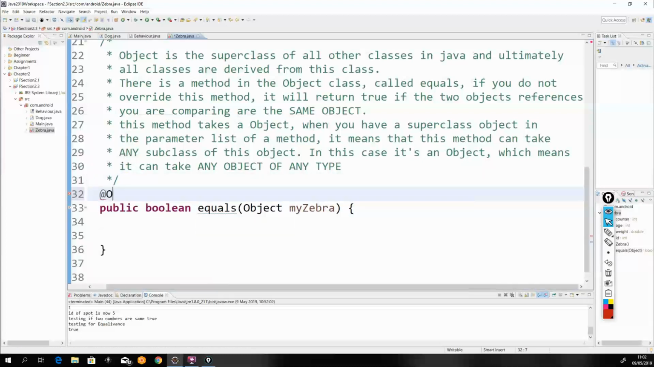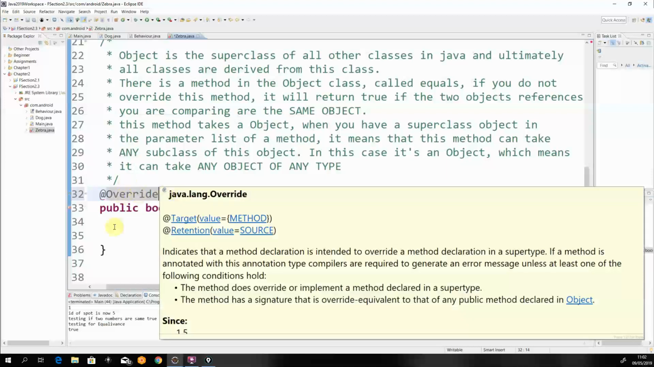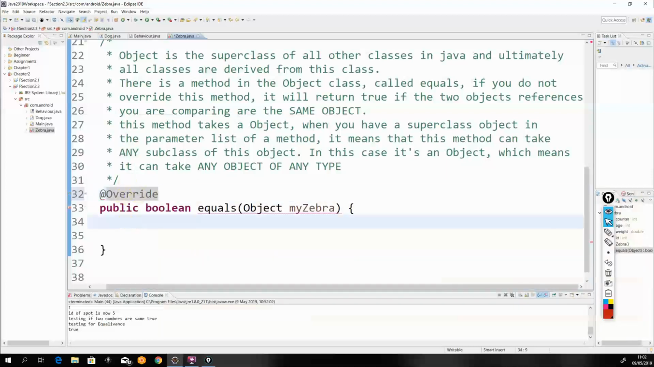Now to prove that it's overriding, I put in that annotation. That just checks to see whether it's overriding. If it wasn't overriding, you'd get an error above it. Alright? Now, so what we're going to do is